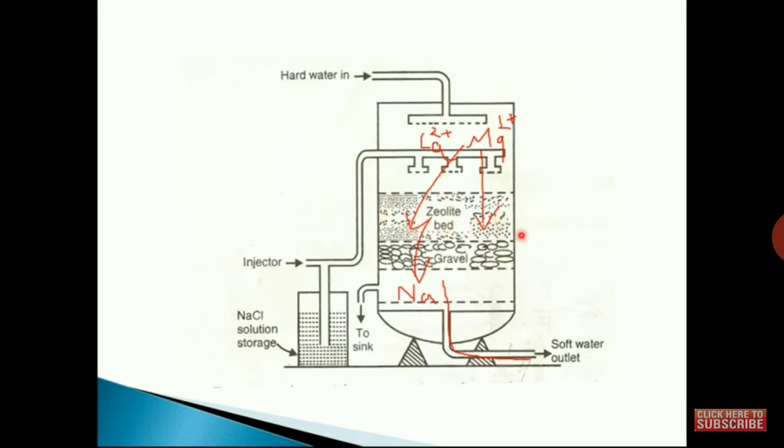And in the zeolite, then you will have the calcium and magnesium only. And whenever these zeolites have the calcium and magnesium, they lose their capacity of water softening, because their honeycomb structures are completely trapped by this one. So what we can do, we can regenerate or reclaim this zeolite.